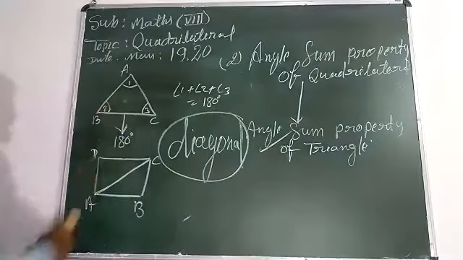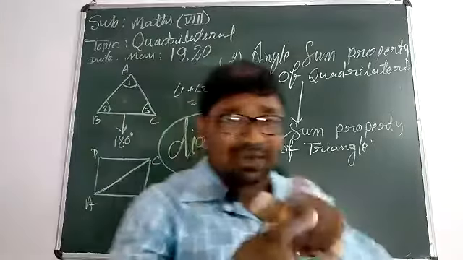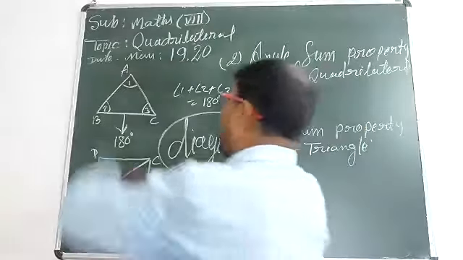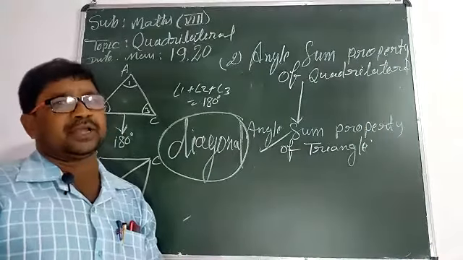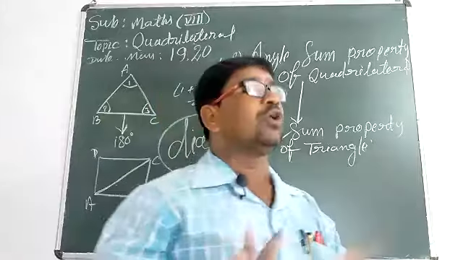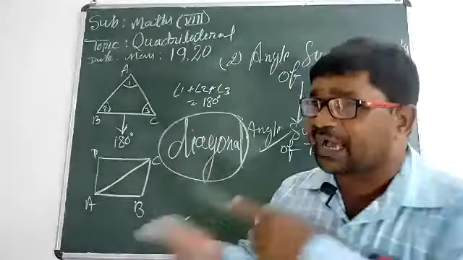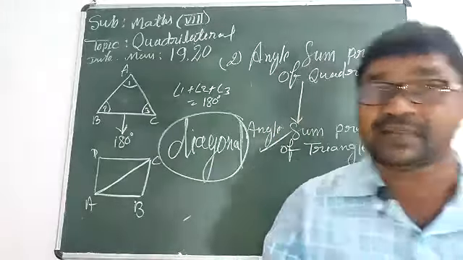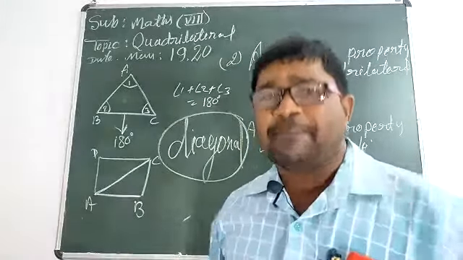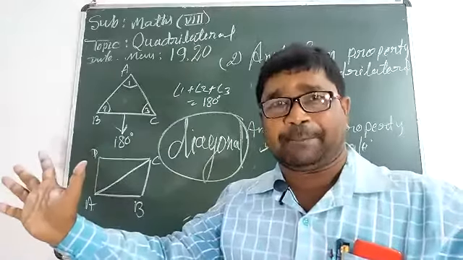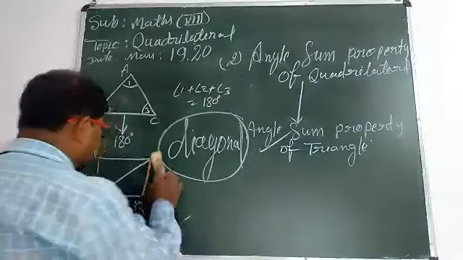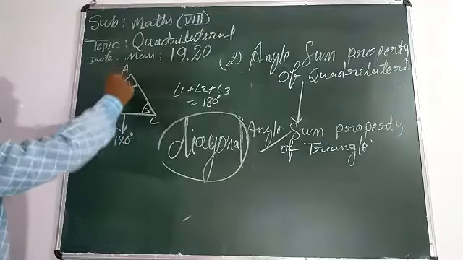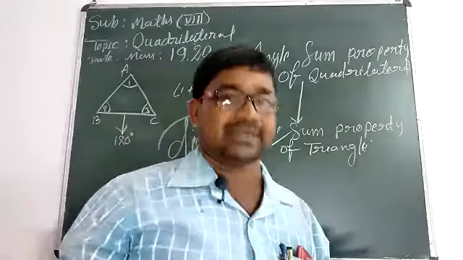Understood the angle sum property of a triangle? There are three interior angles in a triangle. The sum of all three angles is accurately 180 degrees. No doubt in it. In class 9, we will discuss this major geometrical statement, and we will give our proof with the help of different axioms and postulates. But at present, we should know only this: the sum of three angles in a triangle is 180 degrees.